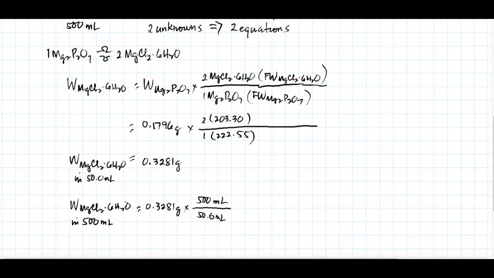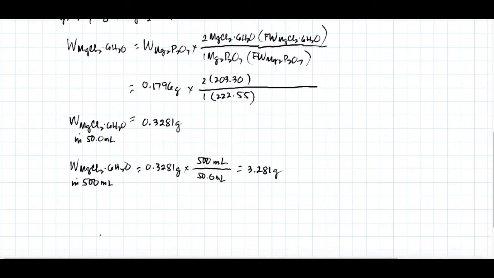Okay. In other words, this should be 10 times greater than the 50 ml. Therefore, this will be equal to 3.281 grams. So finally, we can calculate percent magnesium chloride hexahydrate